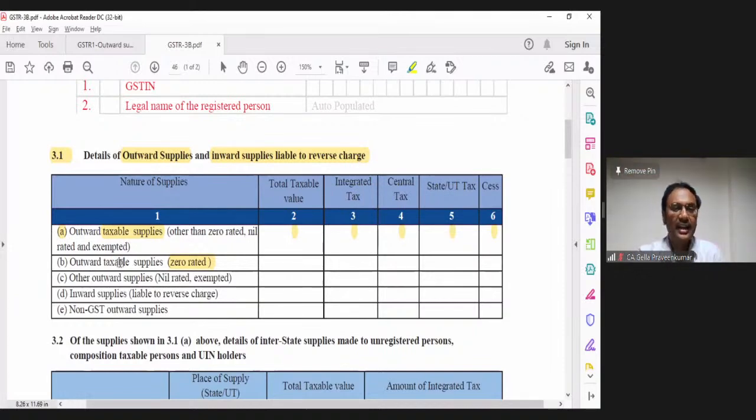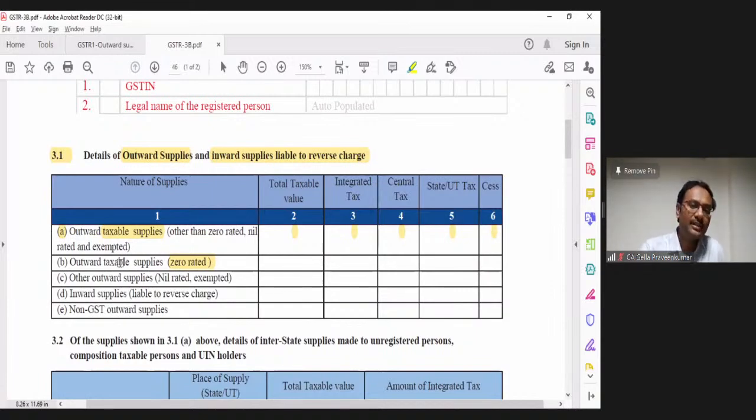The answer is I can do that for presentation purposes, but in the respective individual months, if I see GSTR-1 and 3B, there will be a mismatch. The departmental officer may send an inquiry to rectify your mistake, because Section 39 says if I have made a mistake, do the rectification in the subsequent months till September of next month. So please increase your zero rated supply in the next month, and to that extent reduce it in your 3.1A. That is one recommendation I would give to overcome your mistake of disclosure.